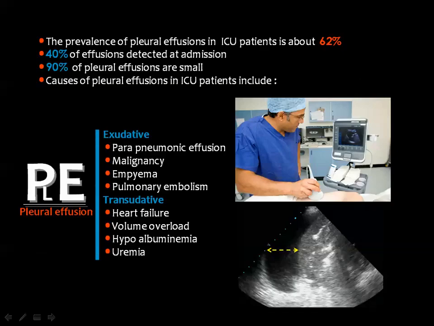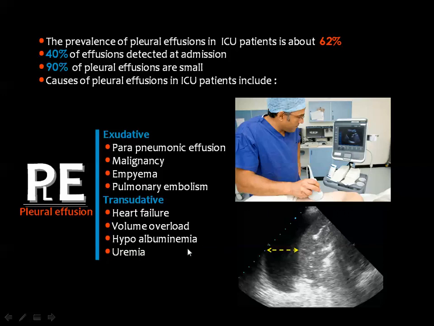Then we came to the pleural lesions, and one of the most common pleural lesions seen in ICU patients is effusion. The incidence of effusion in ICU patients is about 62%, 40% of the effusions are detected at admission, and 90% of effusions are of small size. Causes of effusion include exudative, like parapneumonic effusion, malignancy, empyema, and pulmonary embolism, or transudative due to heart failure, volume